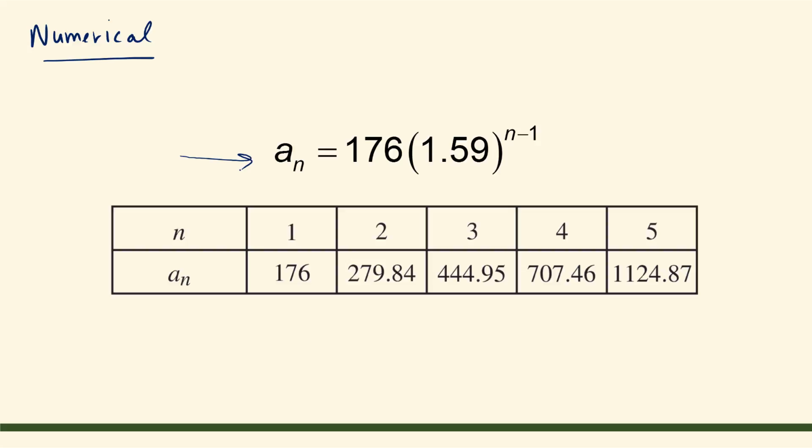So, as we saw earlier, when n equals 1, that relates to the year 2014, and substituting 1 in for n, a sub n is equal to 176. Then, for the year 2015, n is equal to 2, and we had a total number of 279.84 mobile addicts. N equals 3 corresponds to the year 2016, where we had a total of 444.95 million mobile